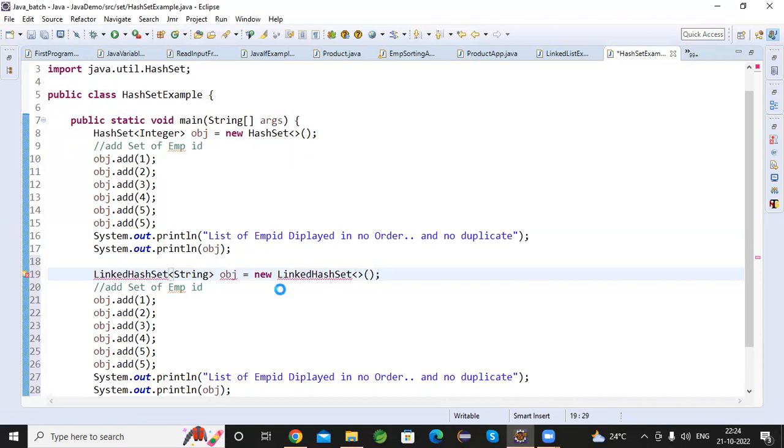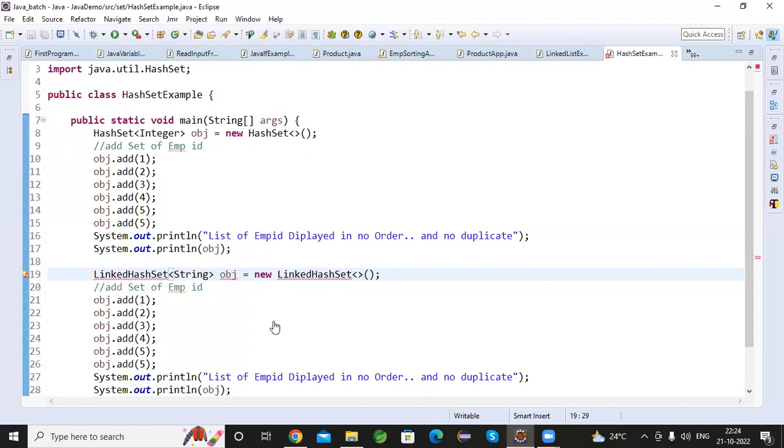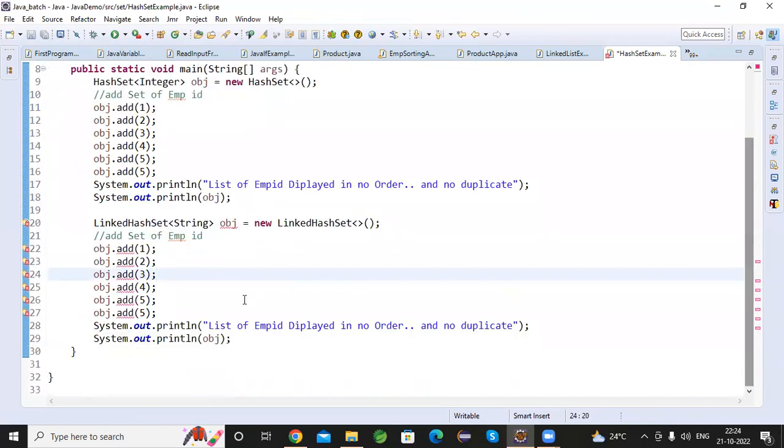Let me import the LinkedHashSet class. So I just want to show you everything in one program. Now here in place of ID, I have to use the string type, right, because it is a string object. So I will say some list of employee names, Jerry,